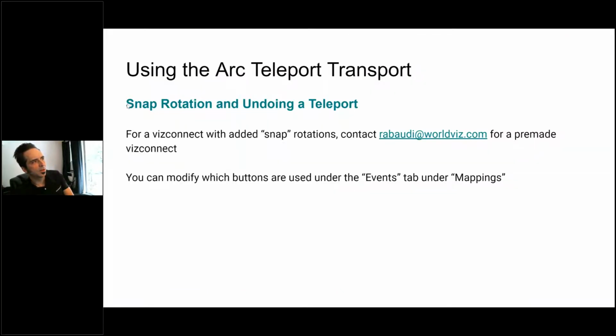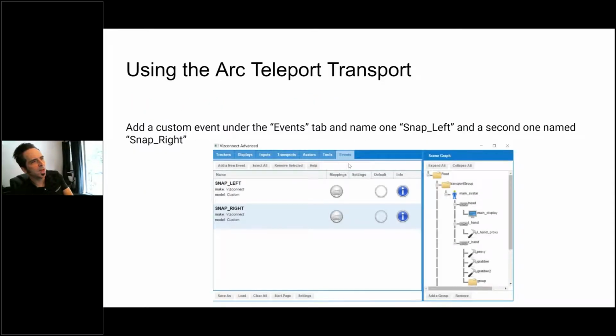And then also there's the snap rotation, which I think is a lot more conducive to nausea if you're smoothly rotating yourself. So the snap rotation is maybe a better way to rotate yourself around your environment. And then you can also undo a teleport. So those aren't added by default to the presets, but it's pretty easy to add those just using VizConnect